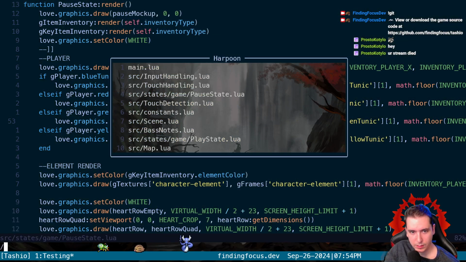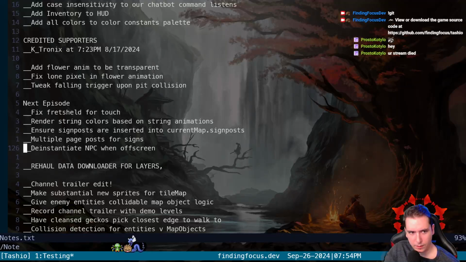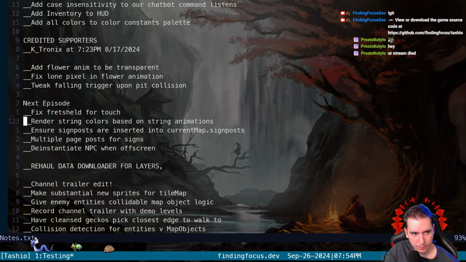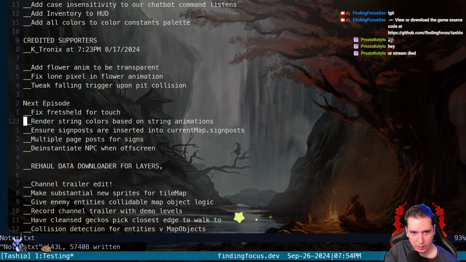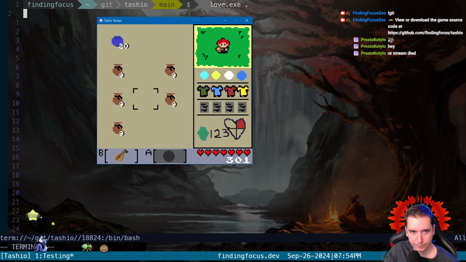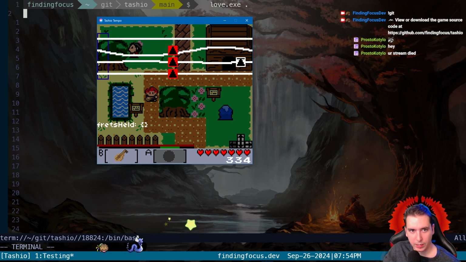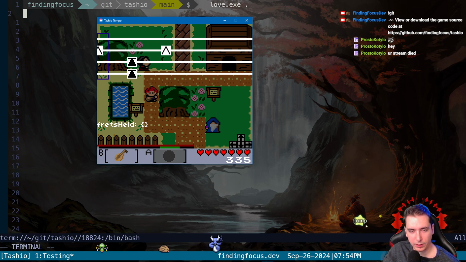So let's go to our notes and just say, yeah, we do need this. Render string colors, we did that. Oh, no, we did not do that. Yeah, maybe we can do that. If we look at when we strum our lute here, we're not rendering the colors.